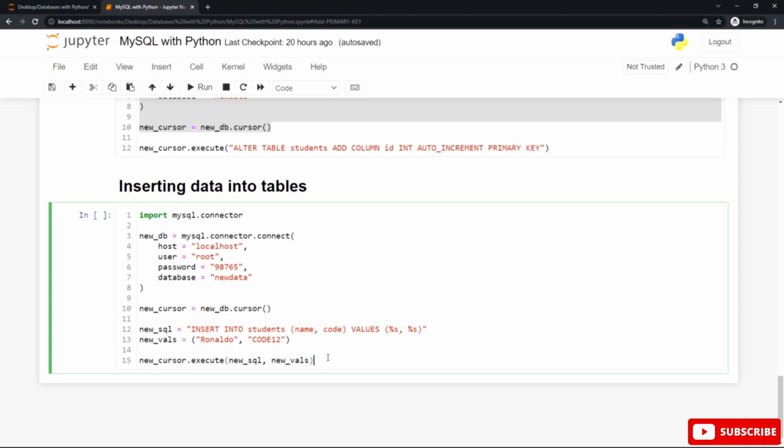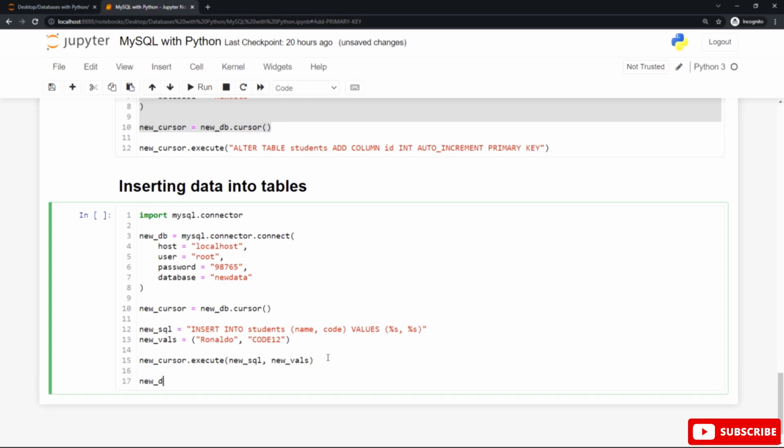Now after that you need to use a new function called commit, and this statement or function or method is required to make the changes, otherwise no changes are made to the table. So let's add this statement called commit. You can see we call the commit statement after the variable name that refers to this connection to this database called new data.